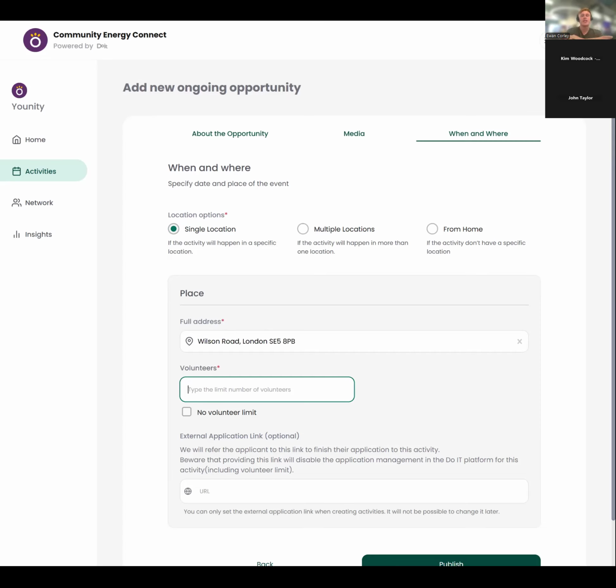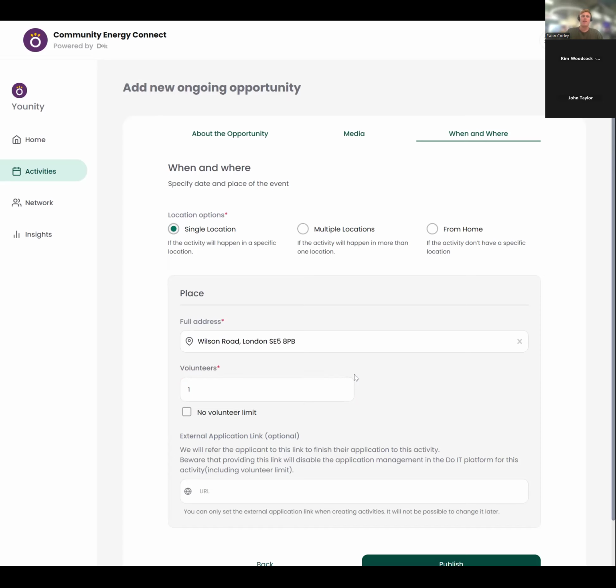or presenting, showcasing a video about community energy as a share offer, you might actually want no volunteering limit. You might want as many people involved as possible to spread the word. For a role like this, a social media marketing role, maybe a finance director for your group, anything like that, you might just want a single applicant, but you get full autonomy again of how many people you want applying